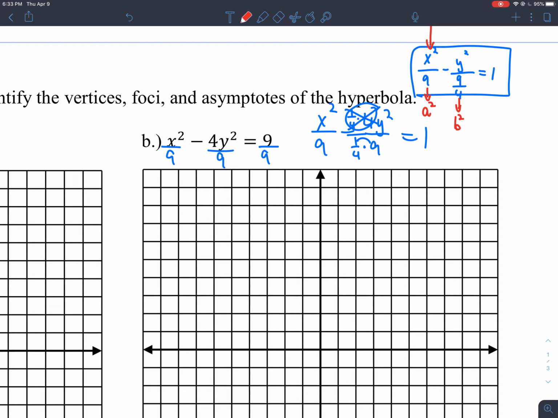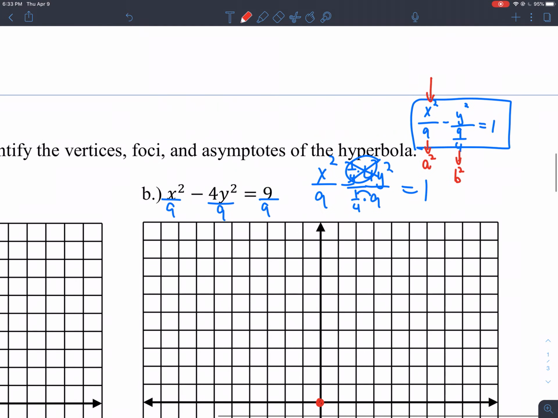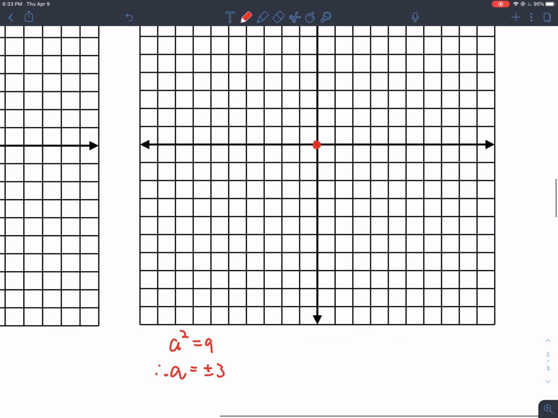Please remember, for this section, 8.5, all our hyperbolas are centered at the origin, so there's the center. You'll see this from the equation as soon as we do section 8.6. So now what do we do? I know that the vertex is a units away from the center, so I just have to find a. We just wrote up here that a squared is 9, therefore a is plus or minus 3. So from the center, I go 1, 2, 3 units to the right, and this is my vertex. Let me write vertex here. And then I go 3 units to the left,